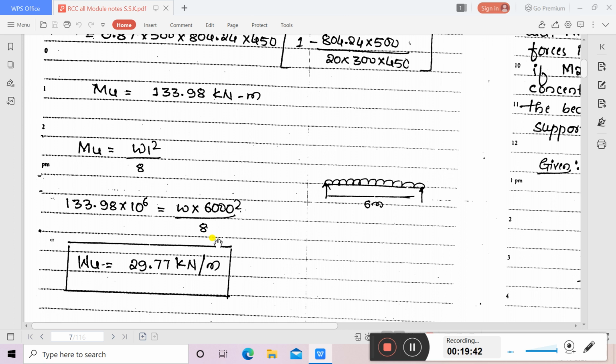Here it will be quite difficult to find out, so you do one thing: keep this as 10 to the power of 6 Newton mm and this in mm square, because totally it may be a confusion. Later you convert and easily you can get the value. It is 133.98